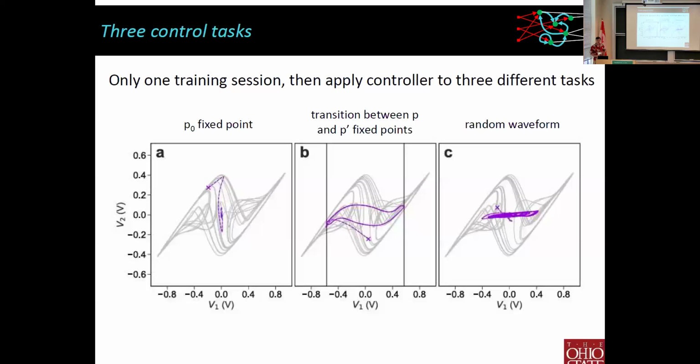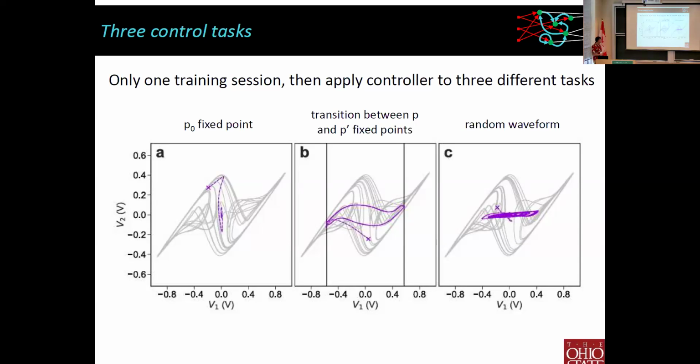So here are 3 different tasks that we did for trying to do nonlinear control of the system. The work that Ed was doing showed that you can control unstable periodic orbits or unstable steady states. We wanted to verify we could do that too. There are 3 fixed points in the system, 1 in the center and then 1 in the middle of each one of the leaves. The attractor never visits the ones in the center of the leaves, so those would be impossible to control using these older techniques, because with the older techniques you have to wait for it to get close to the state, and it never approaches that.